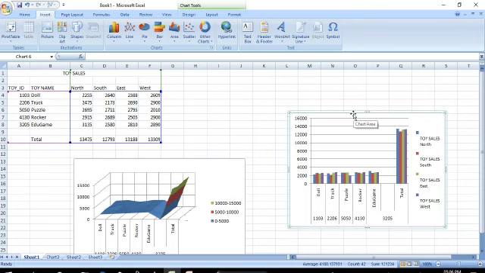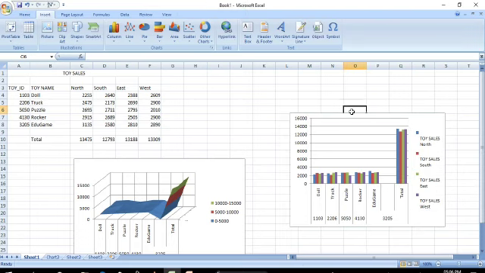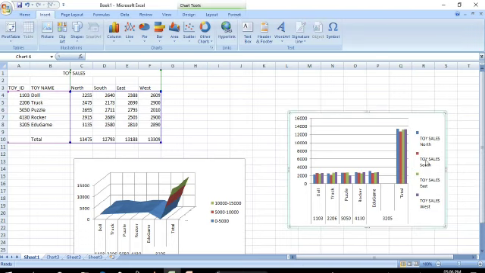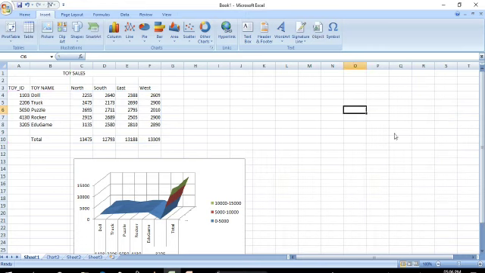Okay children, so how to delete the chart? Now we will see how to delete the chart. Click on the chart. Okay, this is the plot area and this is the region. The whole chart you have to select to delete it. Select the whole chart and click on the Delete button. Automatically the selected chart will be deleted.